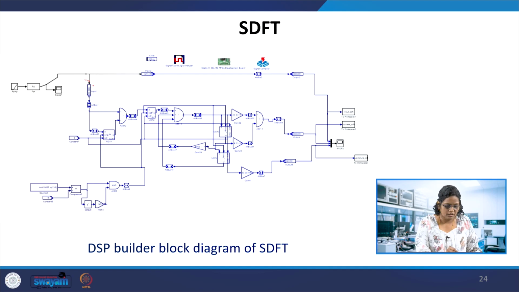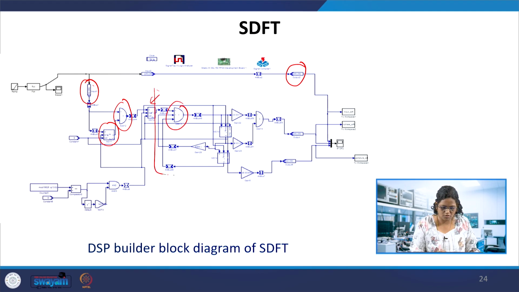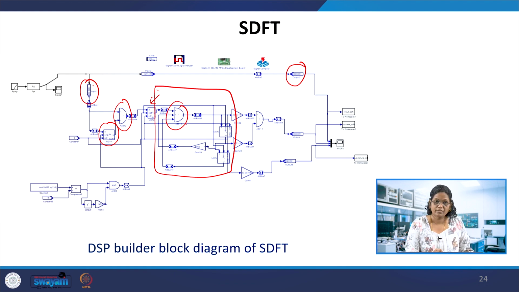So these are, for example, the input block, and this is the output block. So the input output, and this is an adder. So you can see the delay. The comb filter is made as x of n minus x of n minus N, and this is also a delay and adder, which is called the same way as what we have made in Simulink. This is the resonator, and this is the comb filter, and this is the non-recursive part, and this is the recursive part.